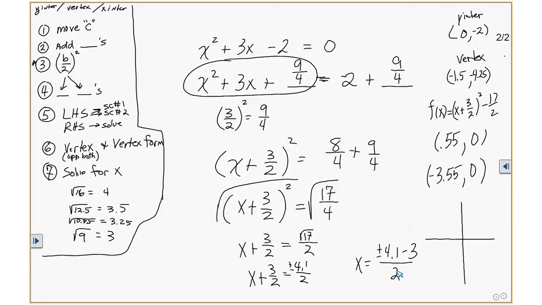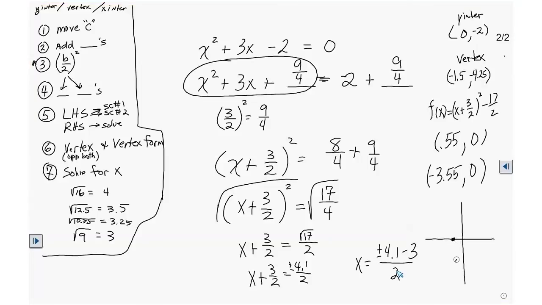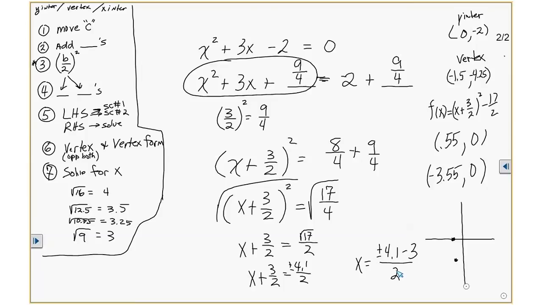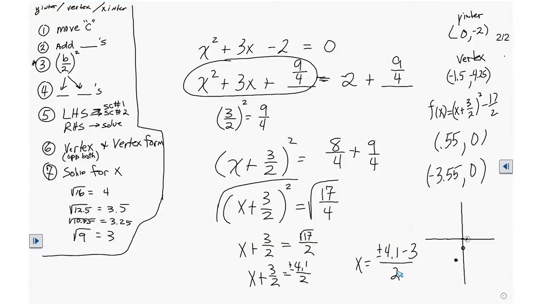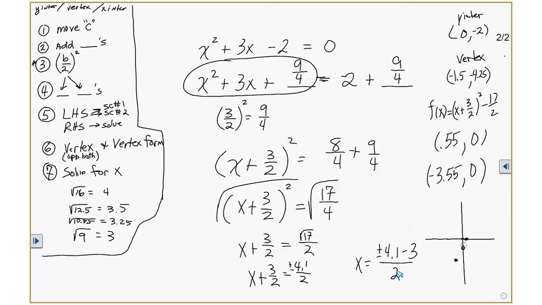X-intercept, y-intercept is 0, -2. Vertex is negative 1.5. Negative 1.5, put it right in there. Down, negative 4 point whatever. No, the y-intercept is on that back. Negative 2, and 0.55 is up here. And negative 3.55, well, that's 2. Or 1.5, so,